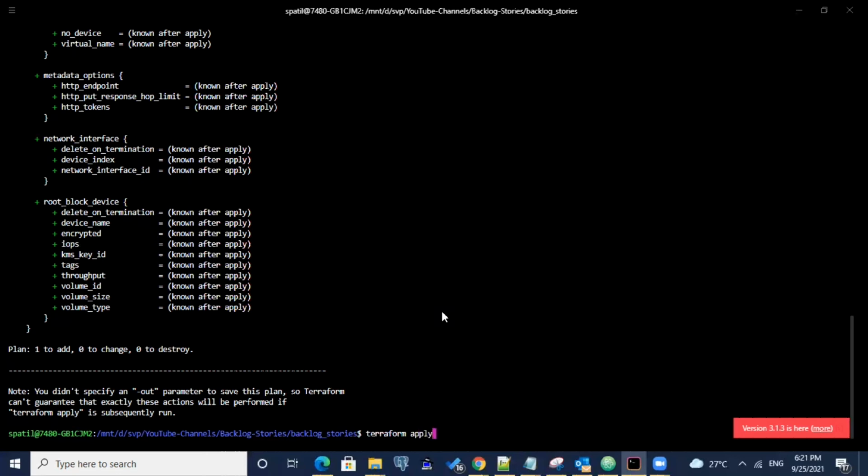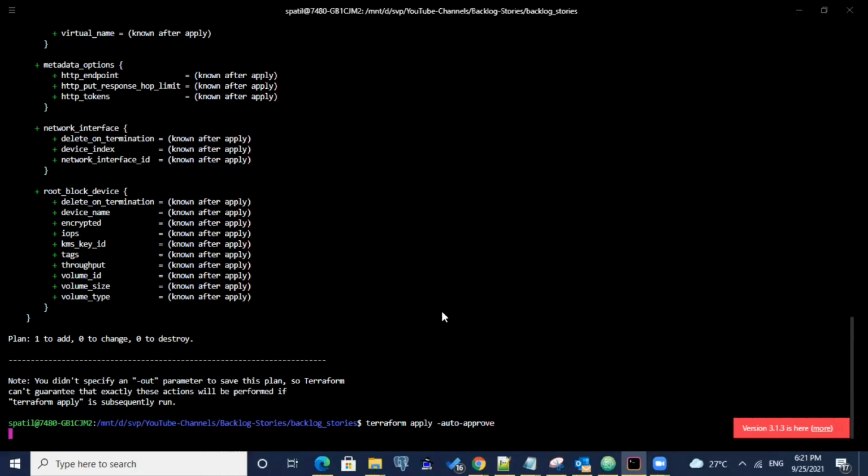Let me run the apply command. I was talking about offset, right? In a similar way, the Terraform state file maintains each and every resource created through the Terraform file. Next time when you create a new resource, like a VPC or security group, Terraform knows that EC2 has already been created, so it should not create it again.